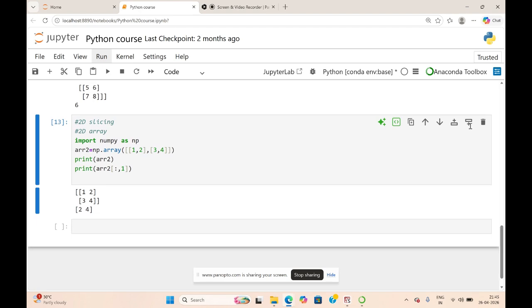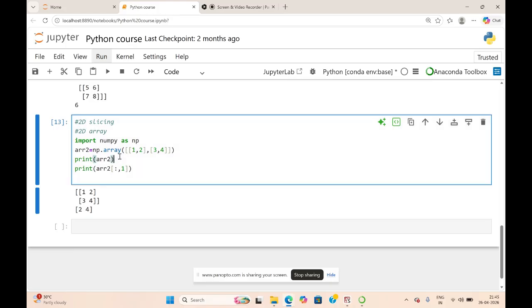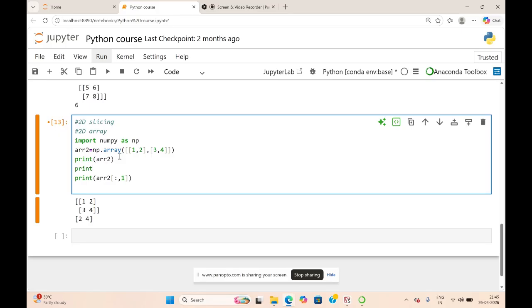Supposing I have to access the entire row, how will we access it? I can do print of array 2. I need not mention the starting position. I can just mention the column 0 to access the first column.